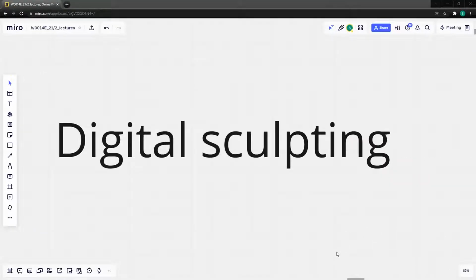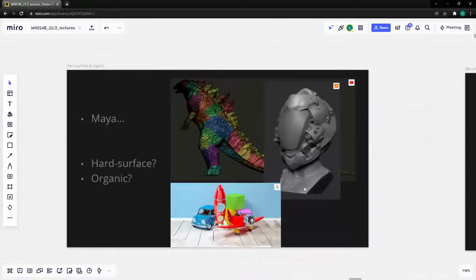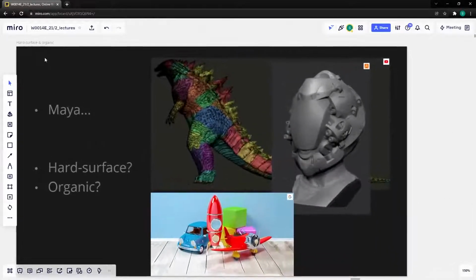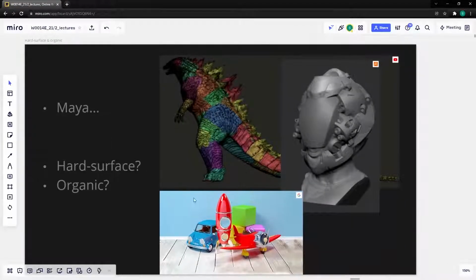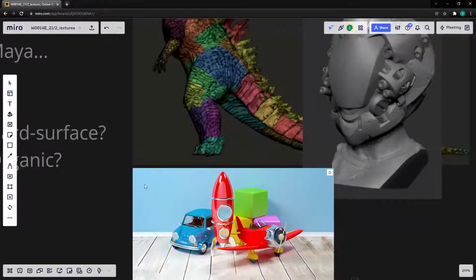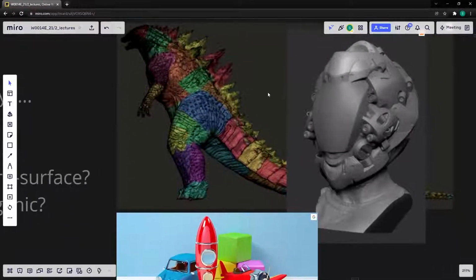So, starting out with digital sculpting. Let's have a look. Number one, what this lecture is about is organic modeling, really. A term you'll find quite often mentioned when it comes to sculpting is the division of shapes between hard surface and organic. And Maya is great to create certain kinds of hard surface models. And precisely what is hard surface and what is not is sometimes